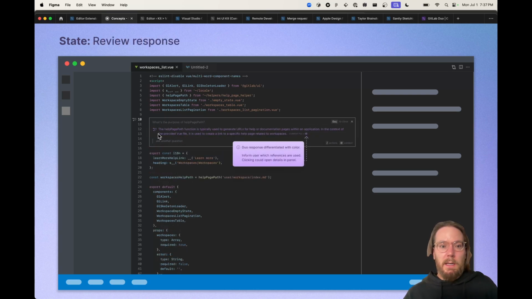The other method I took here was using a distinct color as well as the icon to differentiate the Duo's response within the IDE and distinguish it from the user's question. Once they send it, you can see it grays out so that they know that is no longer an active question. They can also ask a follow-up question